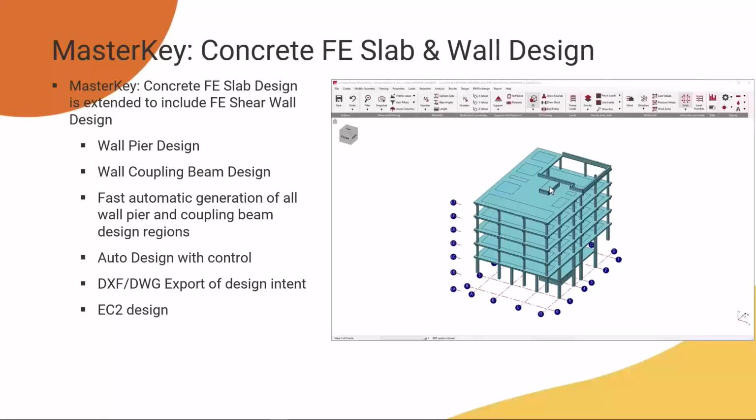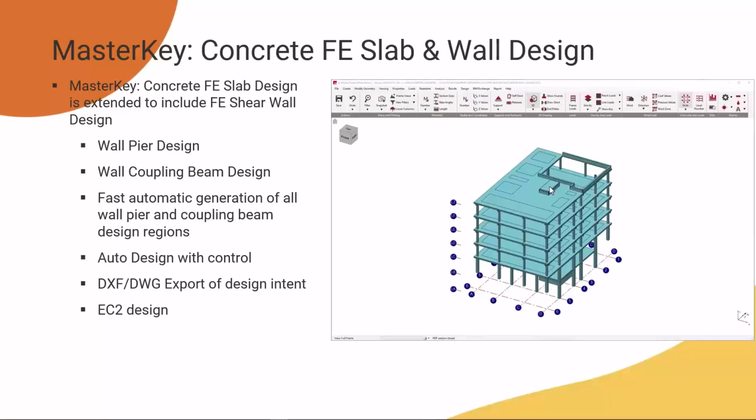So we're going to be looking at finite element surfaces and how we design the shear wall components of those vertical wall finite element surfaces, particularly focusing on design aspects such as wall pier design, so the column-like design of the vertical components of the wall, and the wall coupling beam design, the bits of material above and below openings that connect wall piers together and do a pretty important job of transferring shear around your shear cores,